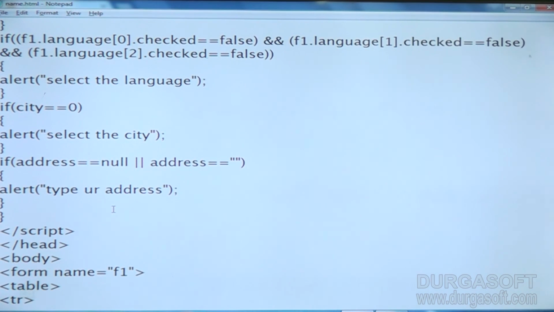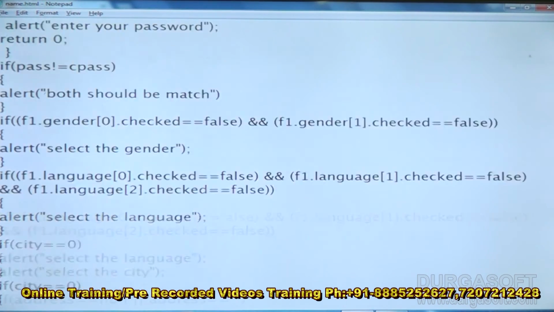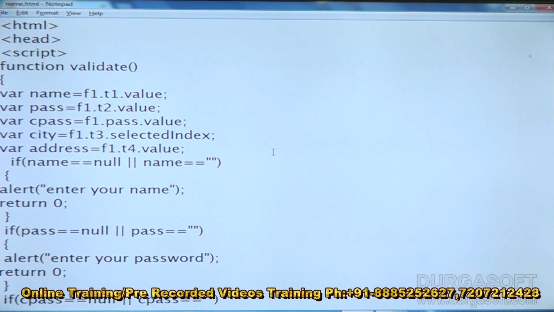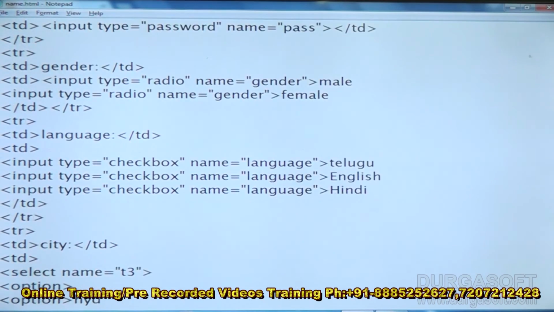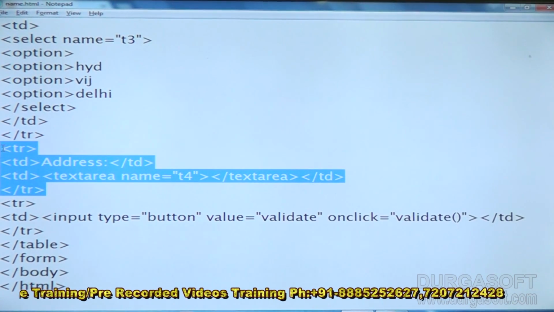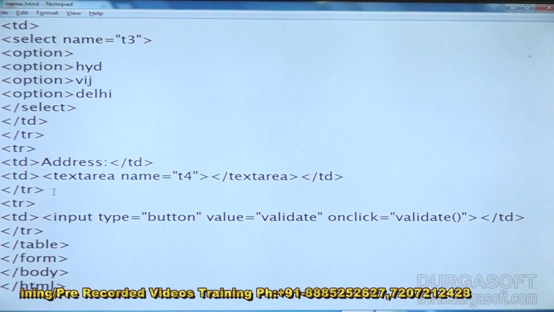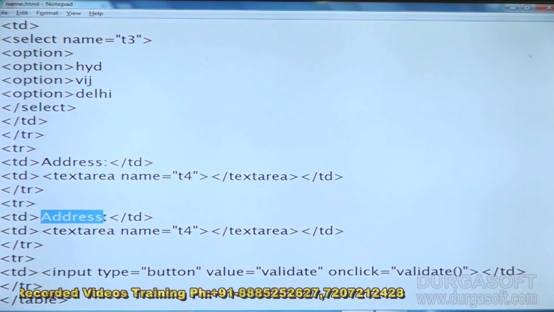And when you are validating a mobile number, how to validate? First you have to calculate the length. How to calculate? For example, here you have the name. I will take a text box, copy, paste. In that, instead of address, I am going to write mobile